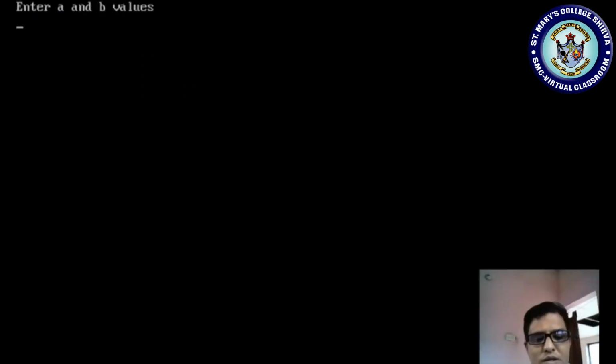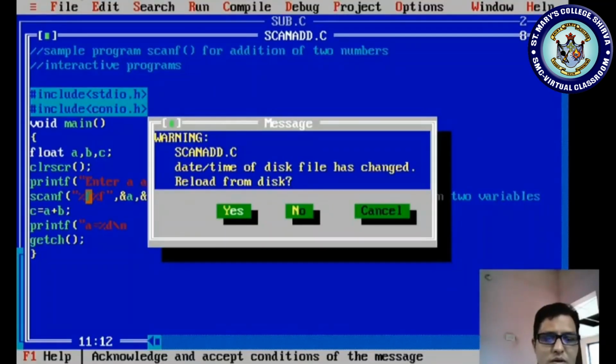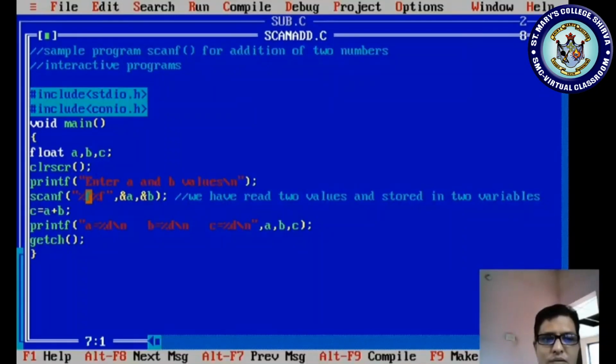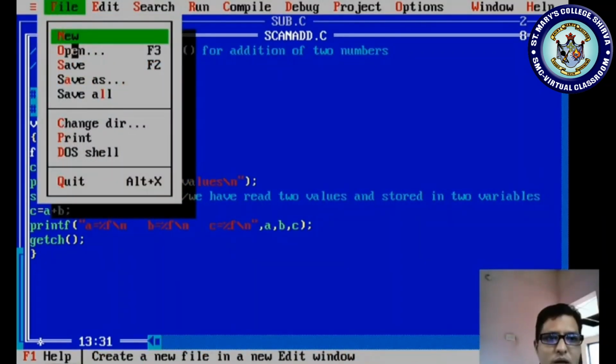Okay. So now I will modify here. Here what I have to do? I have to make it %f. I have to make it %f. Here also I want to make it %f. Now I am saving this file, compiling once again, running once again. It will ask for the A and B values. I am giving 3 lakhs, 300,000, right? And I am giving B value as 5 lakhs.